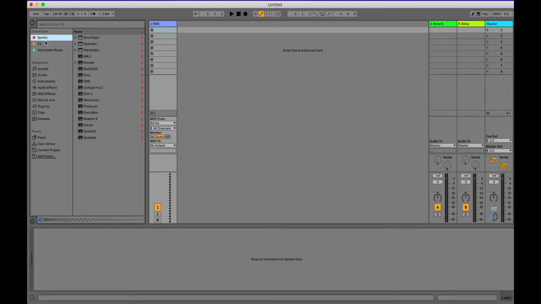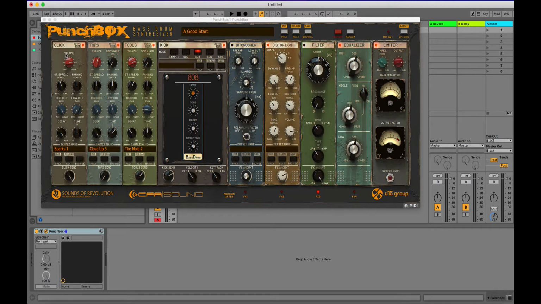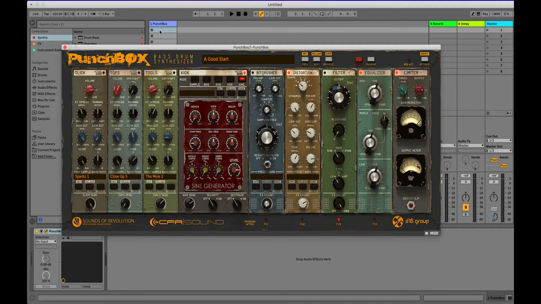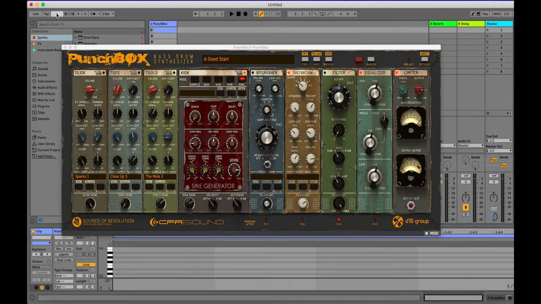So for that I'm going to use not a sample, but I'm going to use Punchbox. Punchbox also has a randomized function, but I'm not going to use that today. I'm just going to quickly design a kick with the sine wave kick generator. Let's change the tempo here. Draw in a simple 4 to the floor kick, and